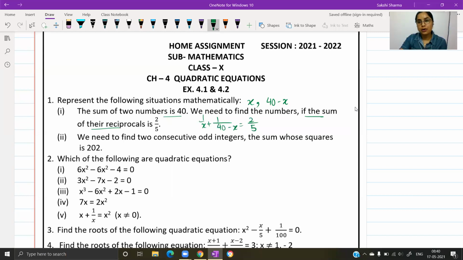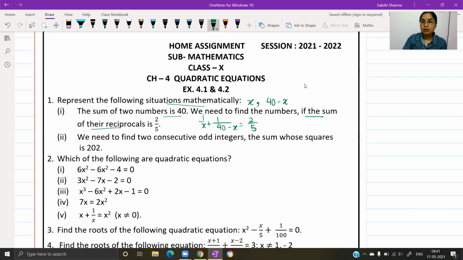So this is how your equation will be formed. You can simplify it. On the left hand side, take LCM, cross multiply, simplify, and obtain your quadratic equation. Right now, you only have to represent the situations mathematically. You have not been asked to solve, but you could be. Only the part where you form your equation could be a little different, but the rest of the work you have already done.